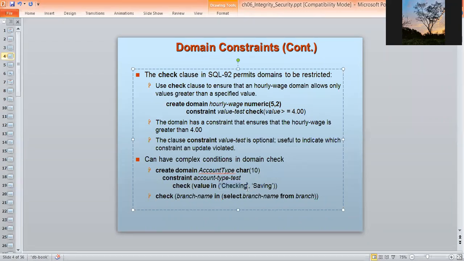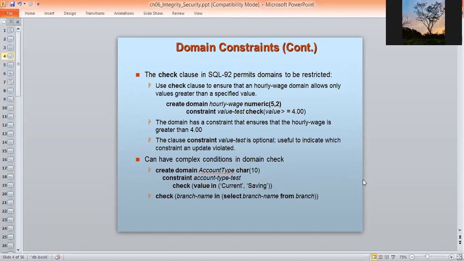Let's say checking, I can change it to current account or savings account. Another example can be check value in select branch name from branch.